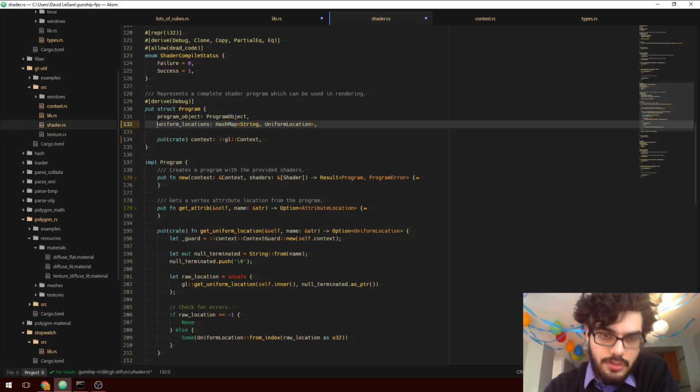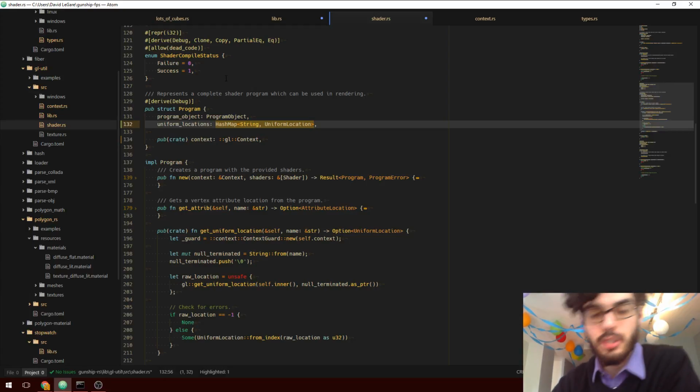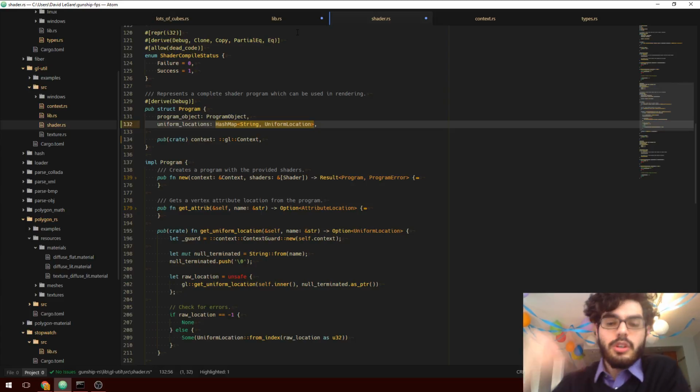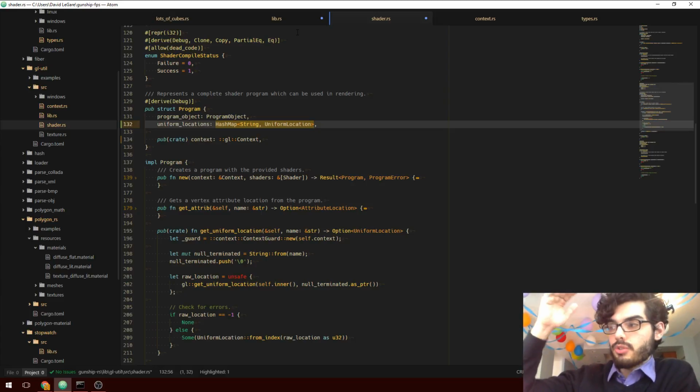But that brings back in the problem of, okay, now the OpenGL library, since we can't know at compile time how many uniforms there are, we need dynamic allocation, which means now for every program that you create in the OpenGL library, we're going to have a dynamically allocated hash map that can potentially regrow and reallocate as you grab more uniform locations. It doesn't know in advance how much space to allocate because it doesn't know how many uniforms are in this particular program. And that's all stuff that the rendering library at a higher level probably knows. When it creates the